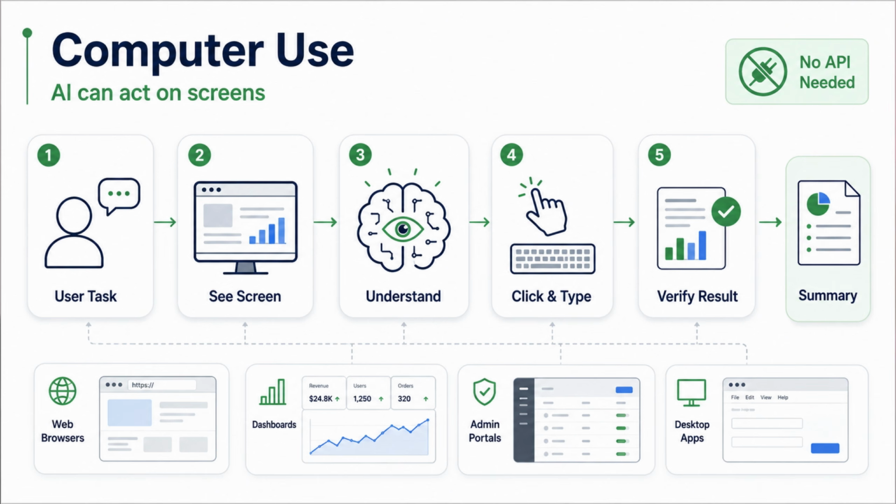And this matters because many real world applications or business processes still happen inside the browser, dashboards, admin portals, and desktop applications, where the API may not always exist or may not expose everything needed for that task. So instead of only telling the user how to complete a task, nowadays the AI systems are able to open the application, move through the workflow, verify the result, and then return with a summary